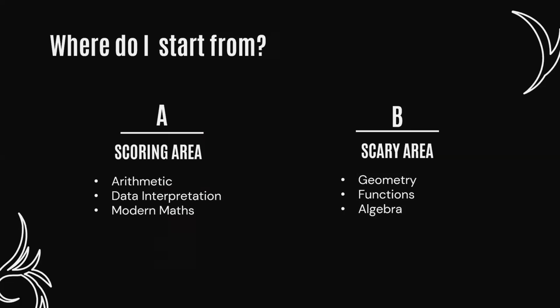Even I used to refer to this also. So this was my particular observation from my batchmates and from my perspective. The scoring areas ना CMAT में mostly it is arithmetic, data interpretation and modern maths. इसके जितने भी questions आते हैं ना, try getting at least 97-98% accuracy in it, because these are the most scoring areas in Quant. Like इसमें अगर तुम marks lose out करो तो तुम अपने ही chances कम कर रहे हो to get into a good college, because ये जो उतने loose balls हैं जिस पे छक्का तो मारना ही मारना है।